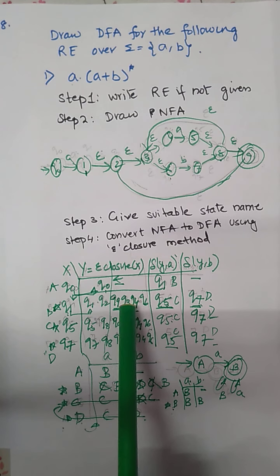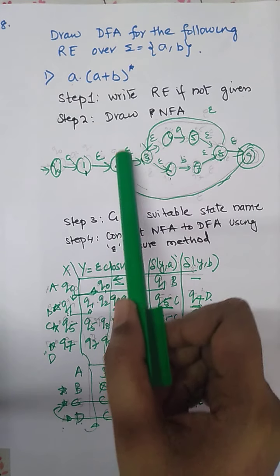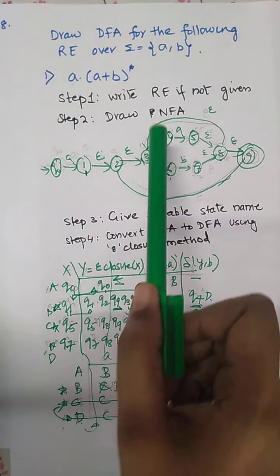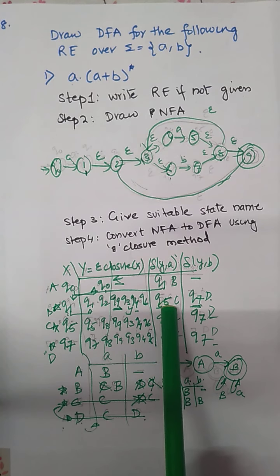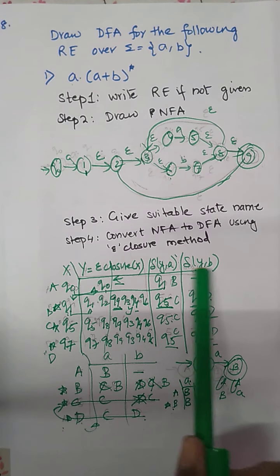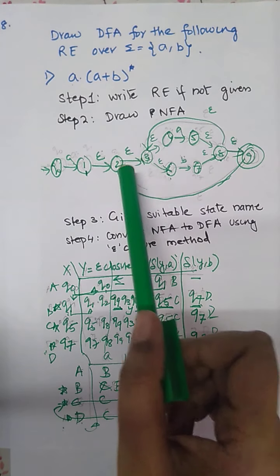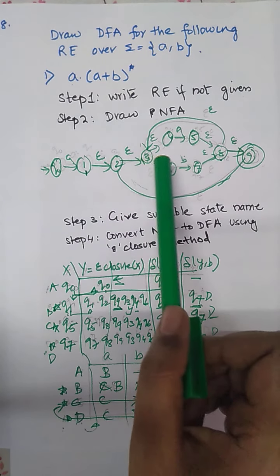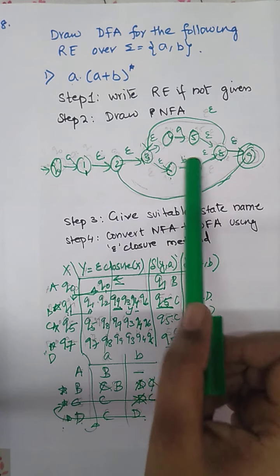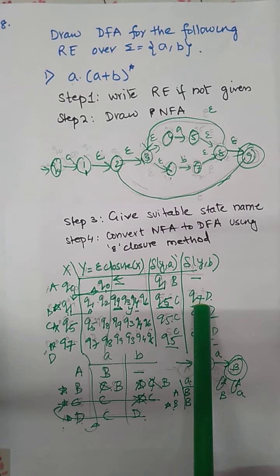This will become Y. Now we have to determine Y on A. Q1 on A nothing, Q2 on A nothing, Q3 on A nothing, Q4 on A goes to Q5, so here we write Q5. Q6 on A nothing. Again, this is Y; we have to find Y on B. Q1 on B nothing, Q2 nothing, Q3 nothing, Q4 nothing, Q6 on B goes to Q7, so it is Q7. So we got two reachable states, Q5 and Q7, that we have to consider.